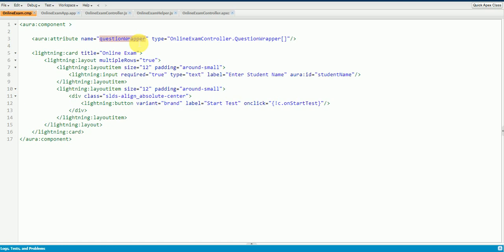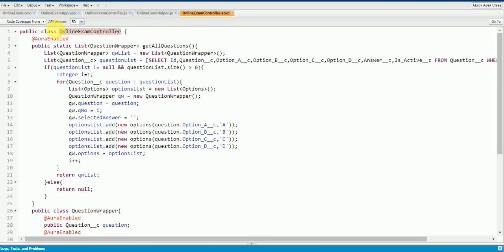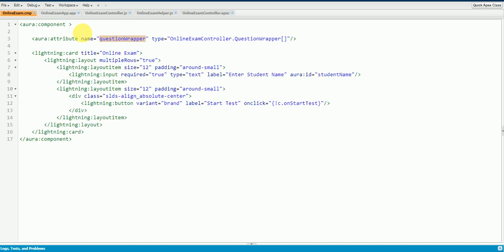Now we have to call our server side controller or Apex class from our lightning component. So the first step is we have to add our controller to our lightning component. Just copy the class name and add the controller here itself. Okay, so this is my controller here.